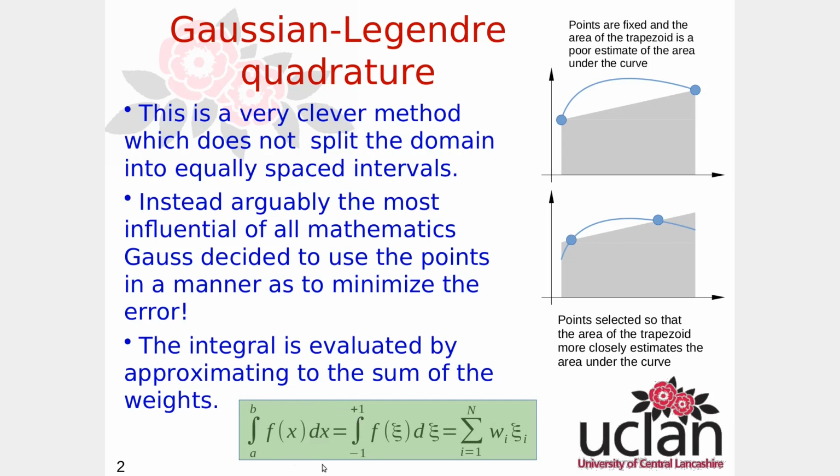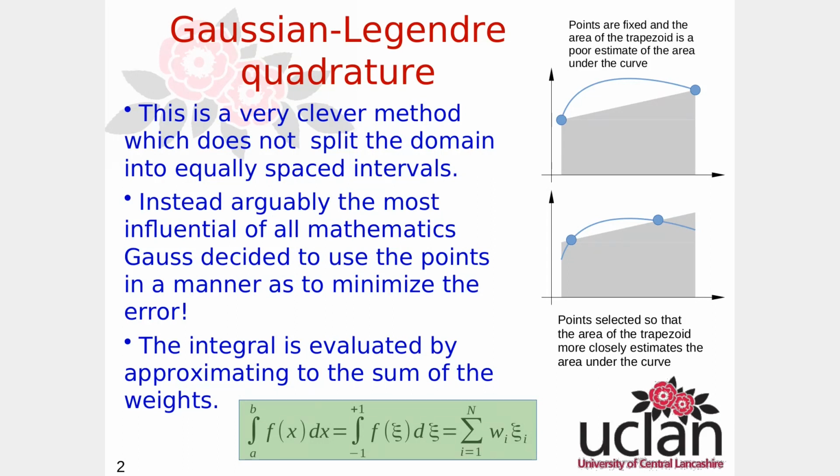So all integrals from a to b of f of x dx can be mapped to minus 1 to 1. This is a change of variable. I've used xi here, which is also used in pronunciation. It's kind of the Greek letter for x, so that's why it's used. And then we'd sum from i equals 1 to n on a weighting, which we'll find in a second, multiplied by the value of the function at a specific point, which is called in the trade the Gauss